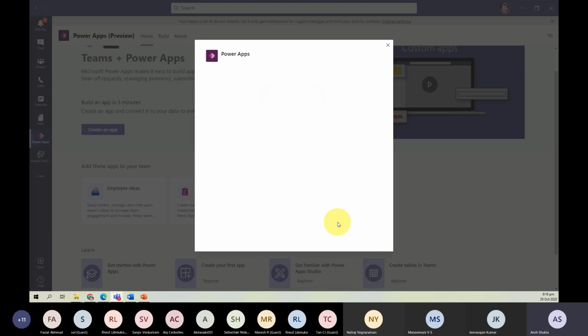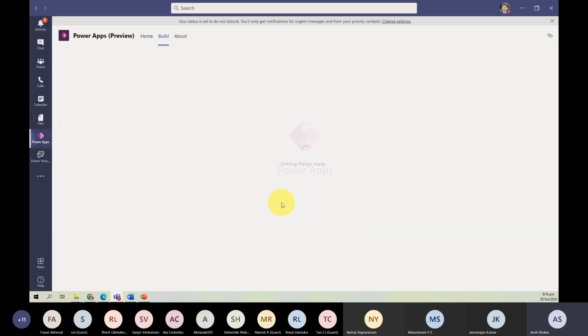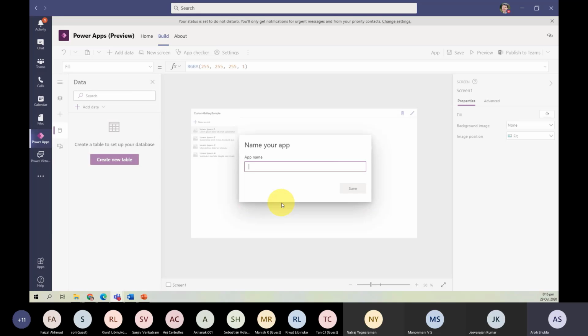But I have now created an app, which is this one. Now it takes some time because it's still doing some churning of tables and creating some applications. Then I can do everything. So just wait for a few seconds. And now you can see I have an app. I want to create an app called Help Desk System. Help Desk.